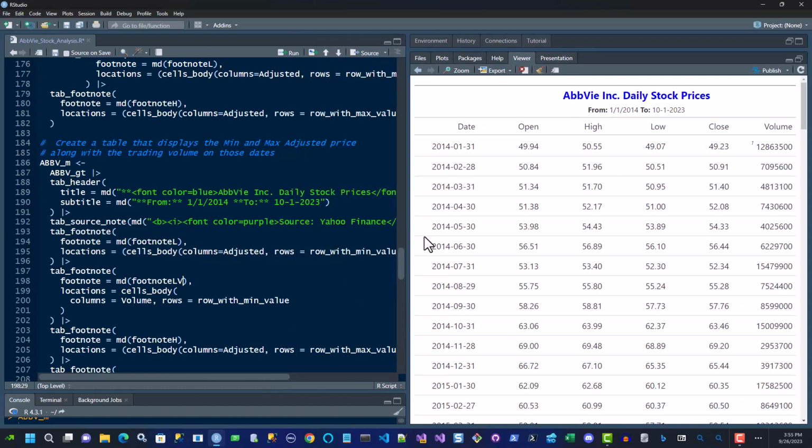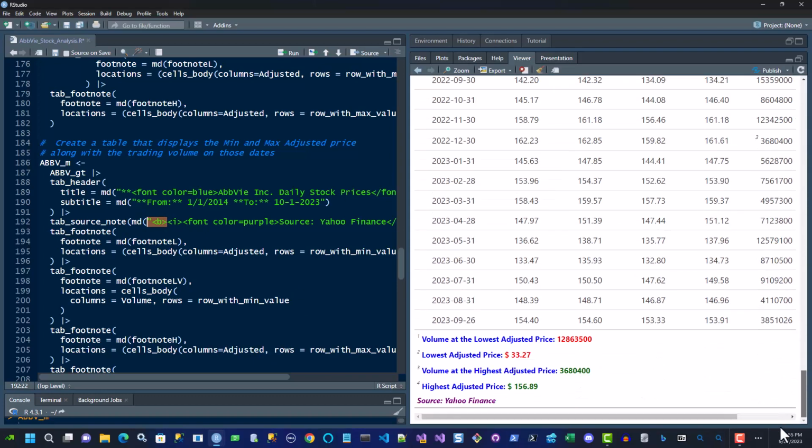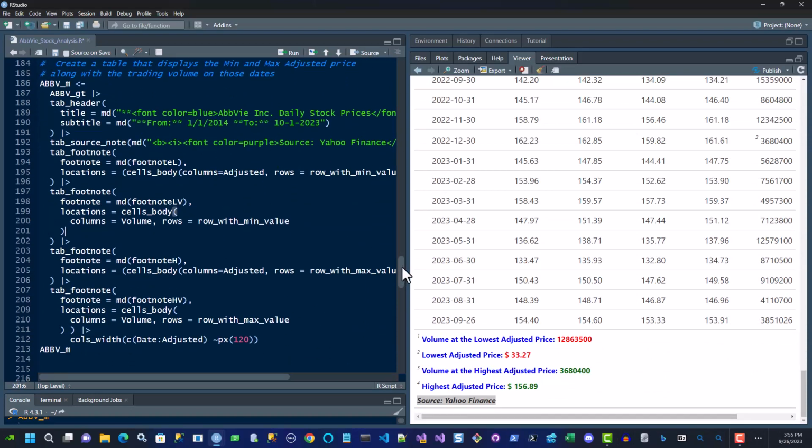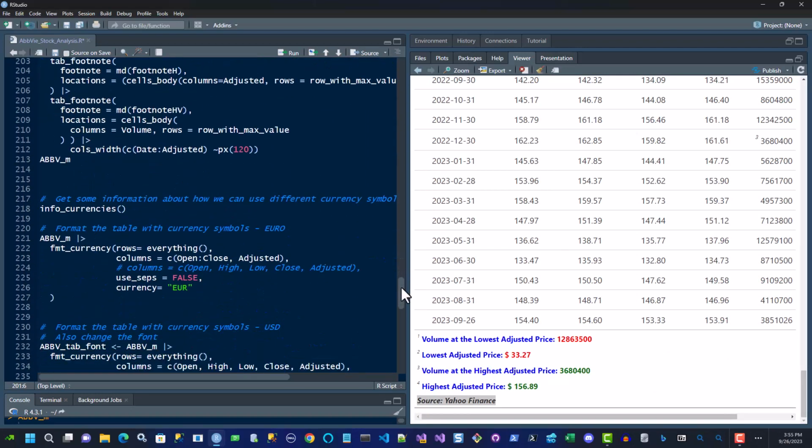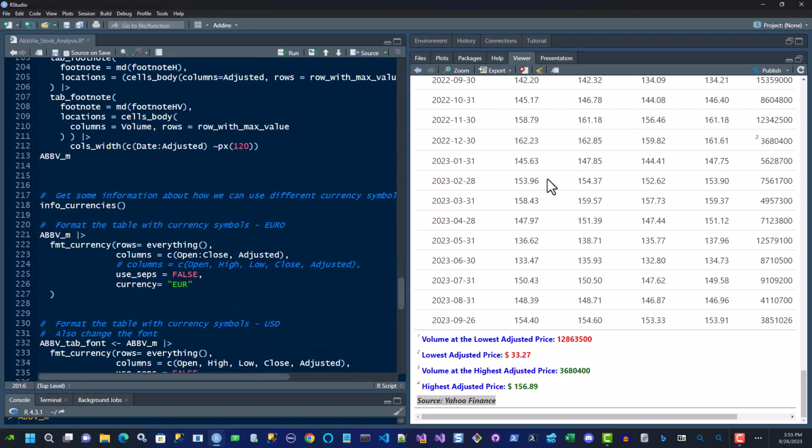Here's the source. And it's bold. You know, I'm using HTML here in italic. And when you look at it, that's what it looks like down here. So yeah, you can do that as well. Okay, another thing is that, you know, what if